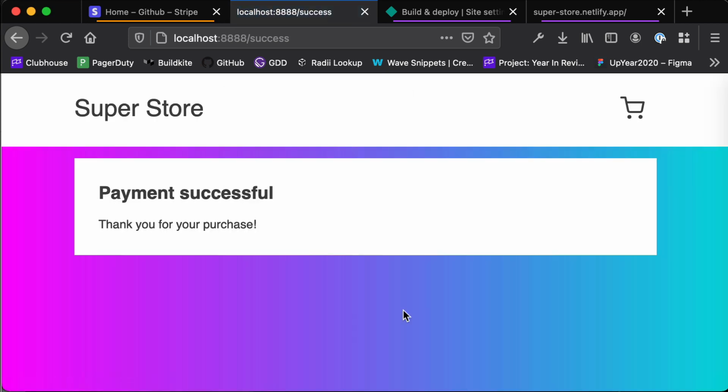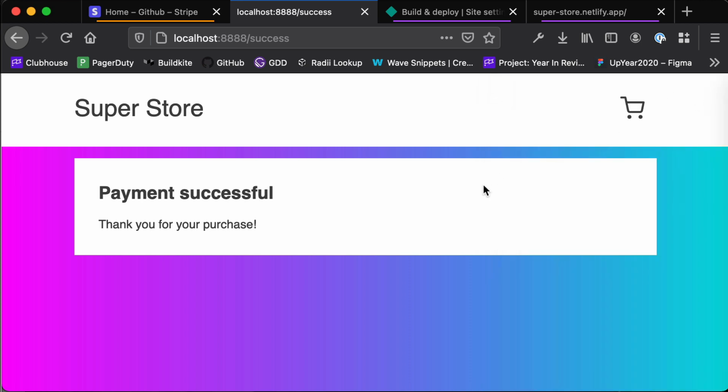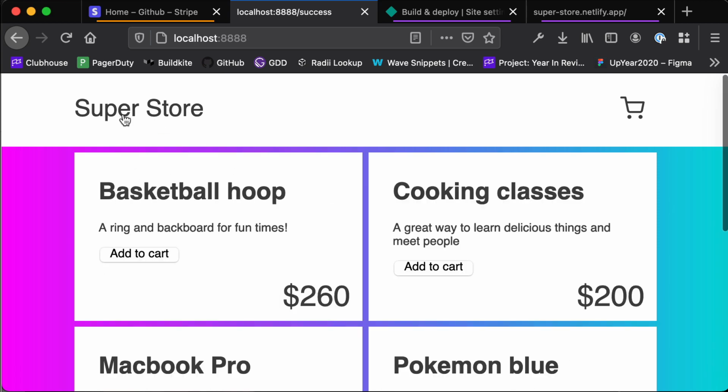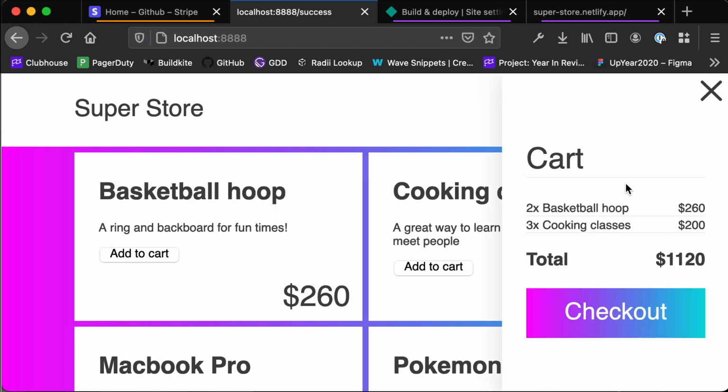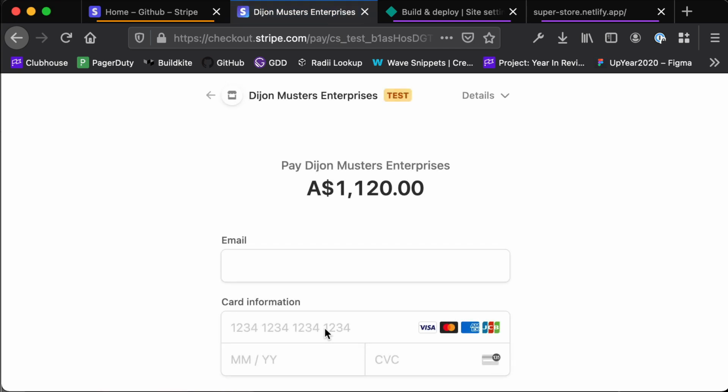And you'll see that's accepted our credit card payment, and it's redirected us to our success page, and now our cart should be empty. Awesome. And so now if we wanted to test that other pathway, so what would happen if we didn't go ahead with the sale, so we wanted to cancel our payment, we'll just need to add a couple more items to our cart, and then we go to the checkout, we click to process payment,